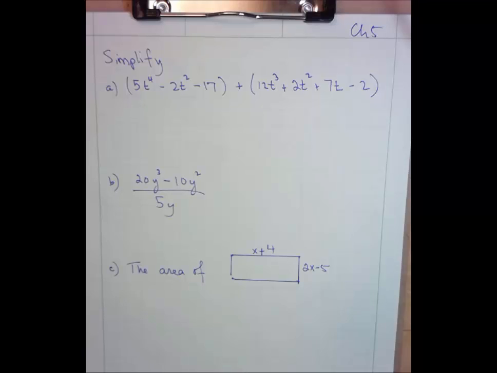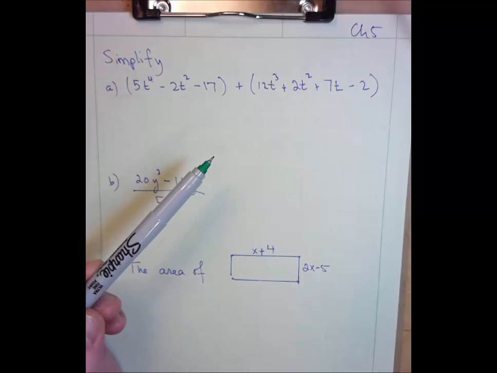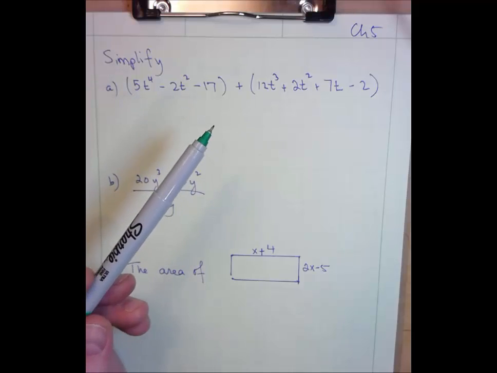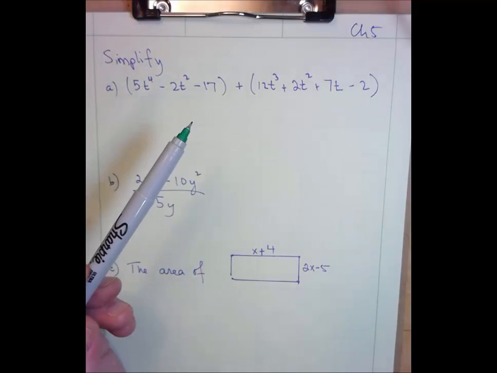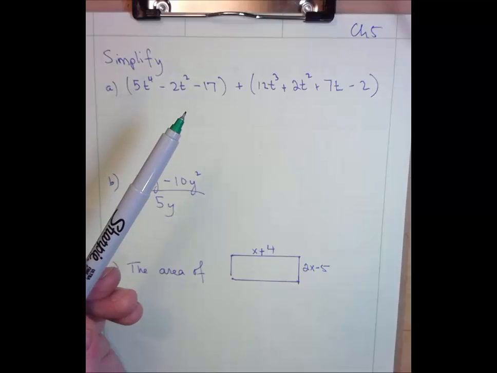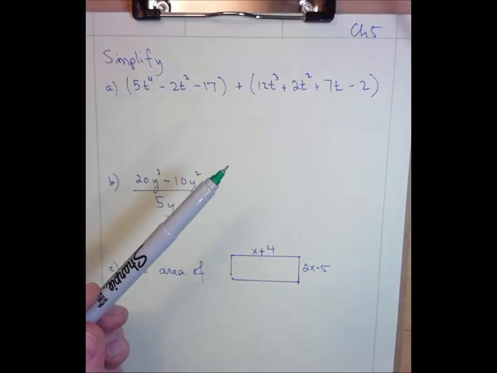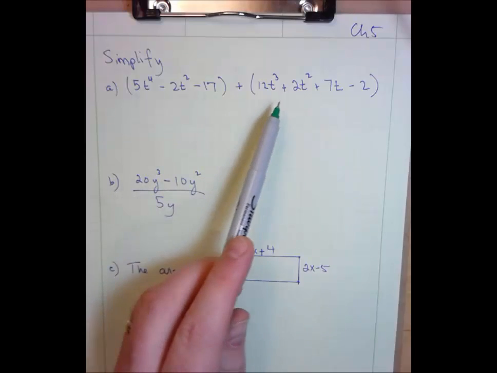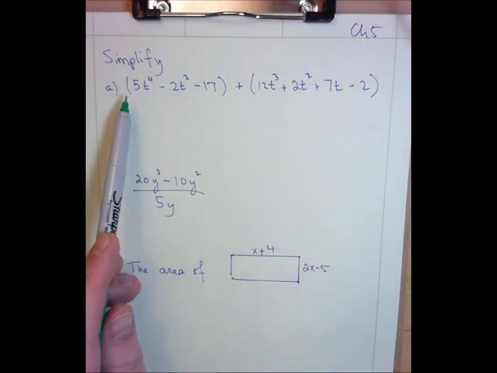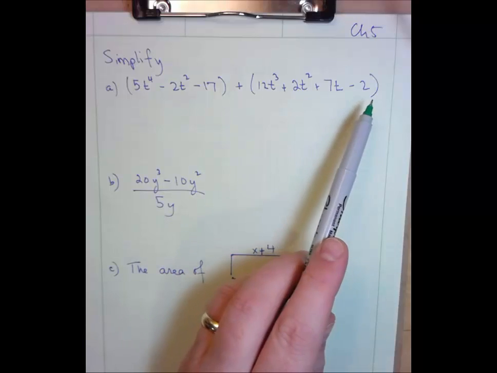Here are three little mini examples of tinkering with polynomials. We're asked to simplify all of them, which means clean house. Get these things tidied up as much as possible. So combine like terms, meaning combine terms that have the same exponent on the variable, cancel as much as you can, and so on. So for this first one, we just have a lot of clutter in terms of individual